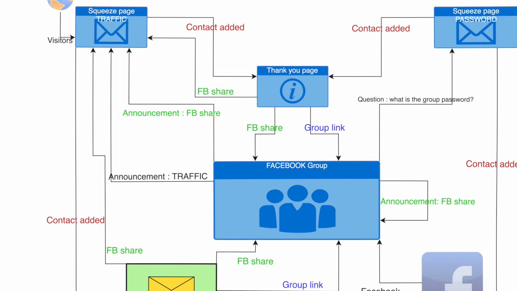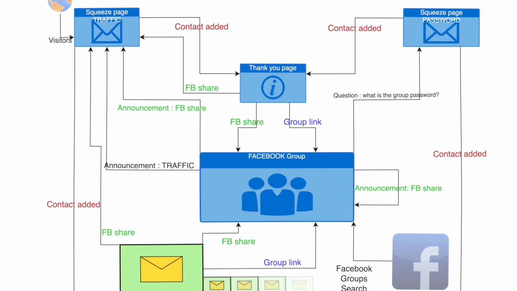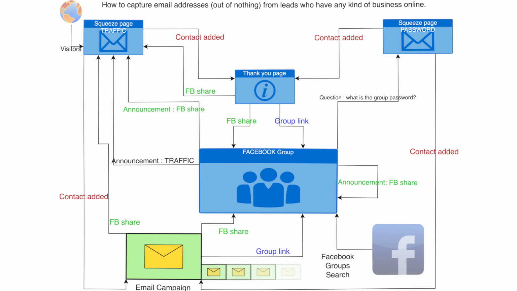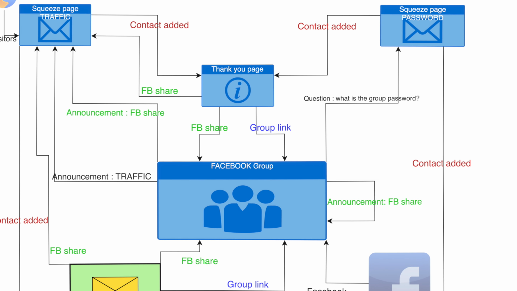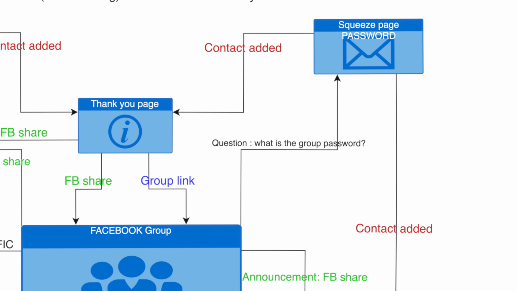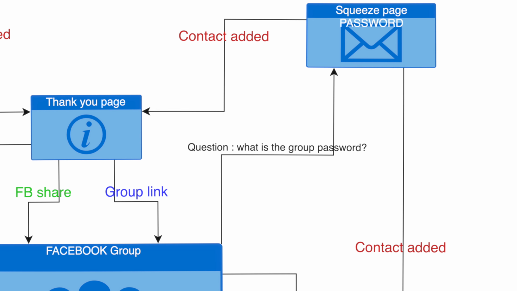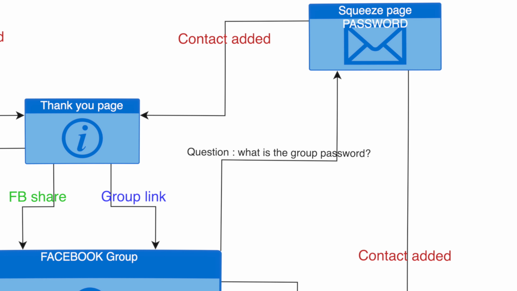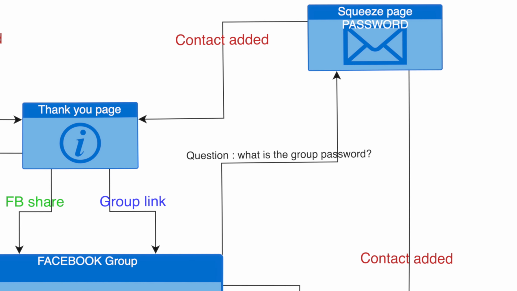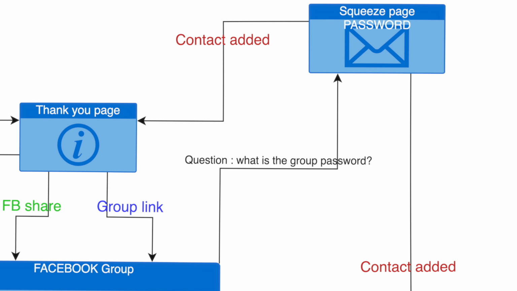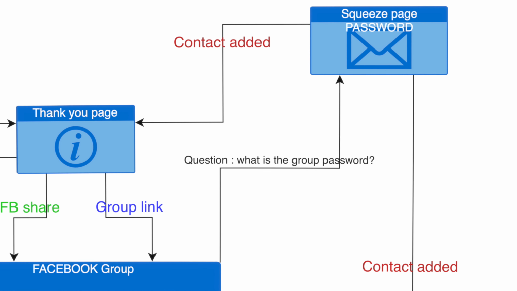And there is a fourth outgoing link, which I didn't talk about on purpose. It's the question which says, what is the group password? It's a question we can add as admin. We can add to all new members who want to register. You can ask the question, what is the password for this group? And that's why we have created the Squeeze page password, just to get their email. As soon as they want to join the group, they are being asked the question with a link in the question to go and get this password and then to answer the question.